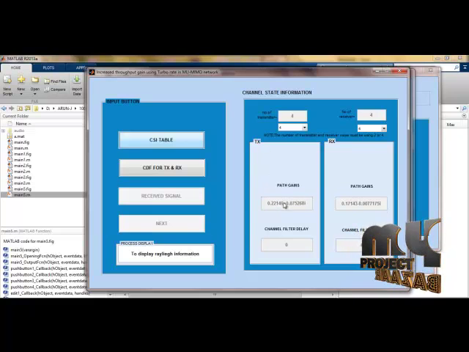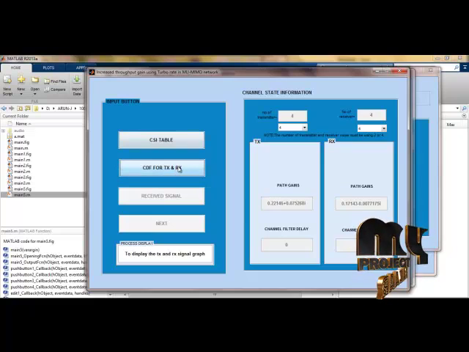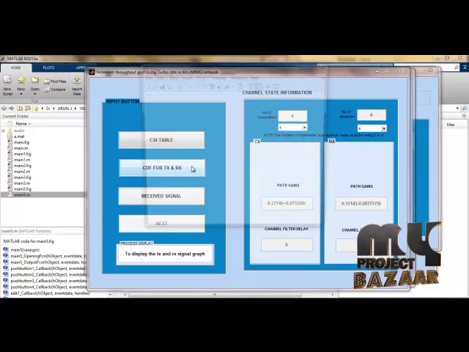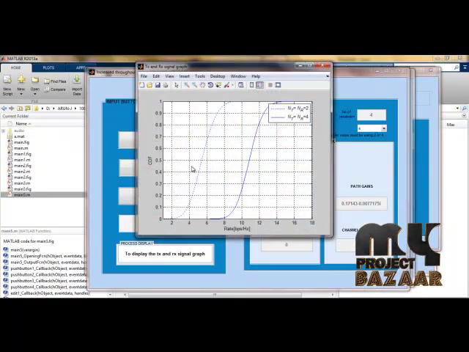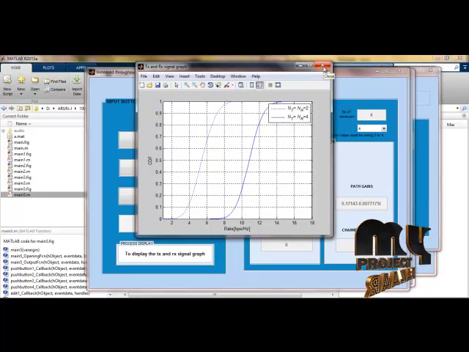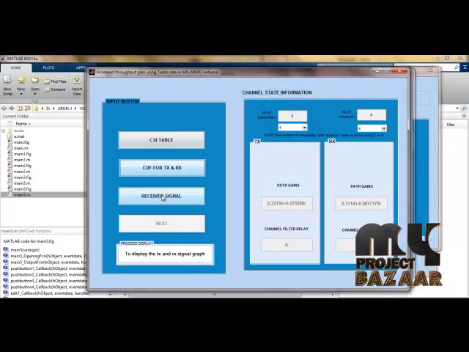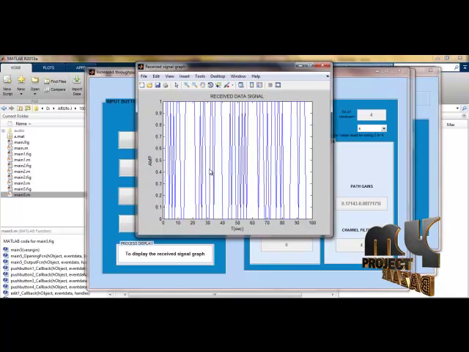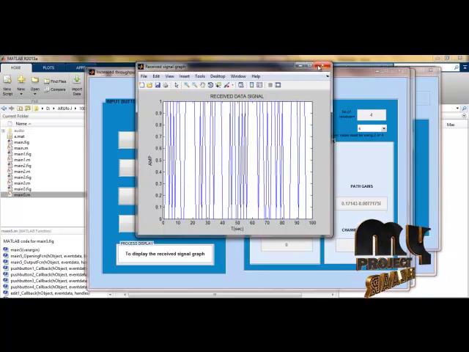During transmission there is no delay, and at the receiver part the delay is 4. And then the CDF function is plotted between transmission and receiver, that is the number of transmitters and number of receivers, and the received signal is obtained here. This is the same as the input signal because we transmitted and received the original signal here.